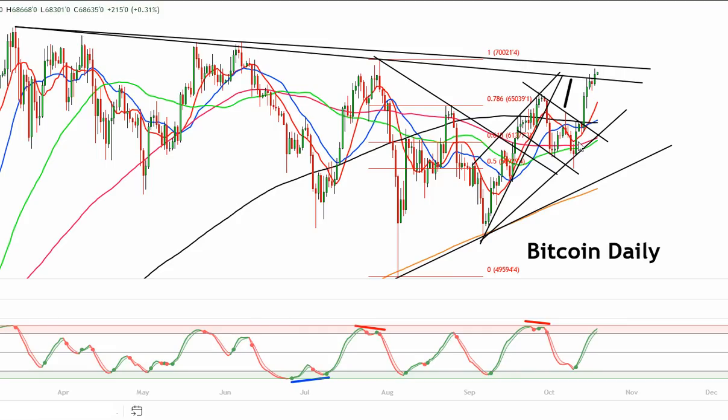The pink line is the 100. The green line is the 50. I don't think the 50 is going to get back above the 200. They're closing in. It's closing in on it. It's turning back up. My guess is we're going to see a reversal before that happens and drop back below both of